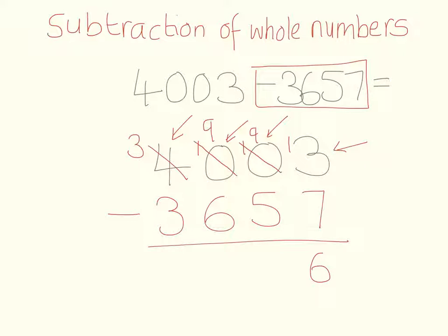Now we have 9 tens, and we need to give 5 of them away, so that would leave 4 tens. We still have 9 hundreds in there. We need to give 6 away, which means we'd be left with 3. And then we've got 3,000 take away another 3,000, which would be 0. So our final answer is 4,003 take away 3,657 is